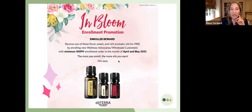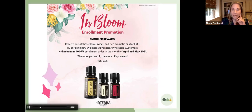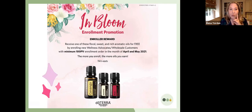It really does a lot. You can use it to balance feelings of anxiety or stress, improve mood, and give yourself just a feeling of balance or peace, if you will. It does support cellular function, as I mentioned before, and then you want to use it for overall immunity. So Kananga is a terrific oil, similar, as I said, to ylang ylang, and I would definitely put it into your routine if you happen to